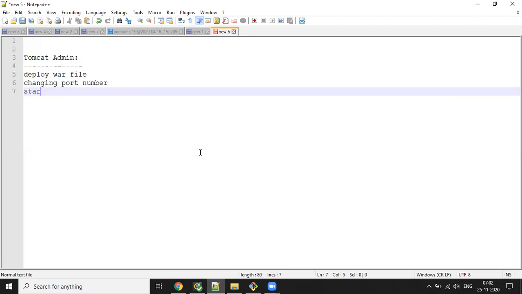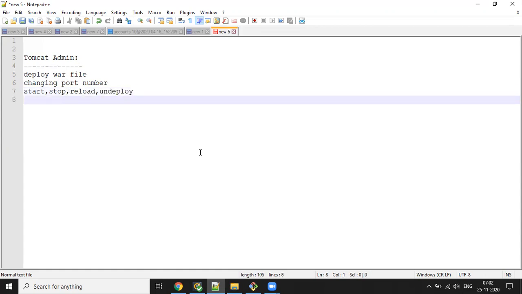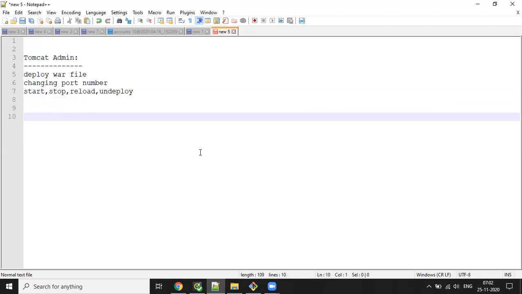We have also discussed start, stop, reload, and undeploy. These things we will discuss today. Let me start my Tomcat instance.